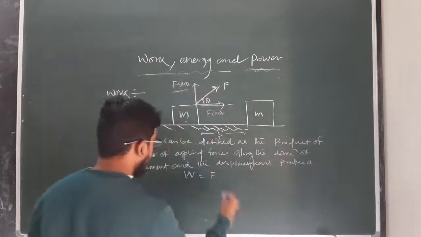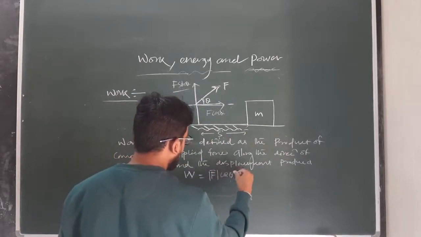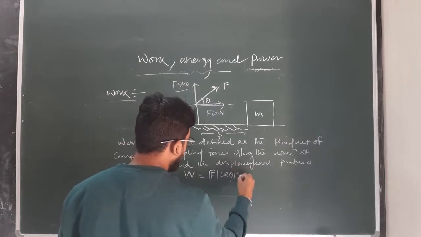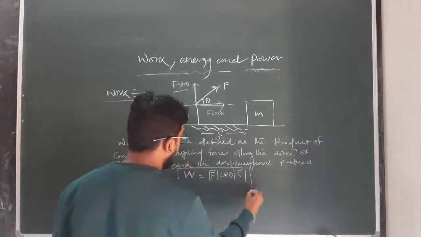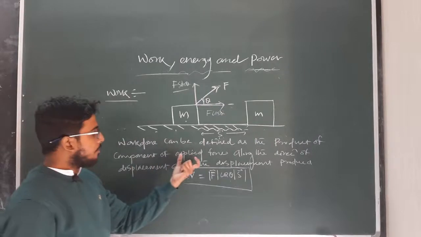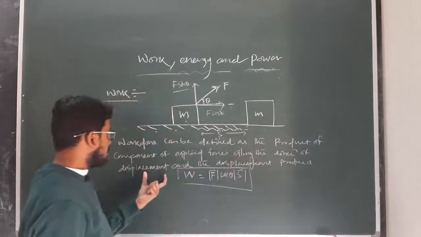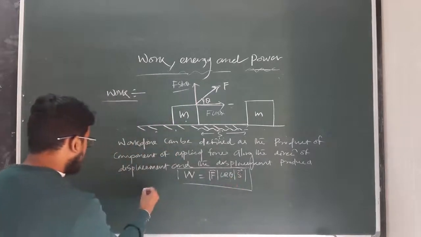So F vector mod cos theta into the displacement produced, that is S vector mod. So this is also defined as the work done. So we can define work done as the product of component of applied force along the direction of displacement and the displacement produced, which can be written as like this, or